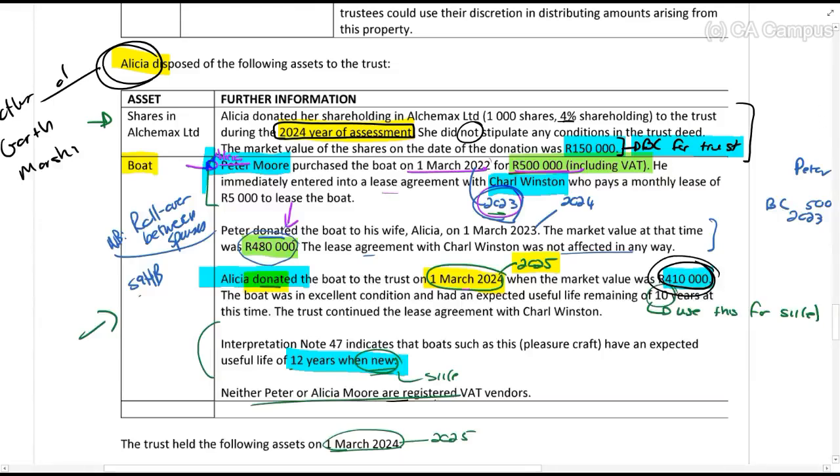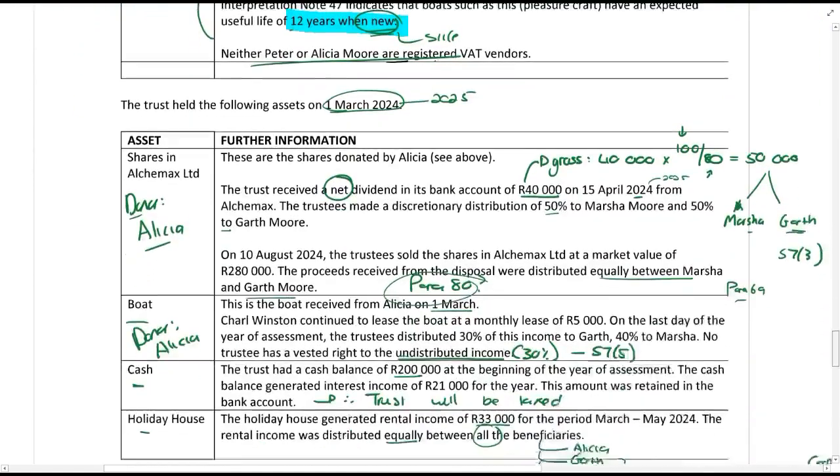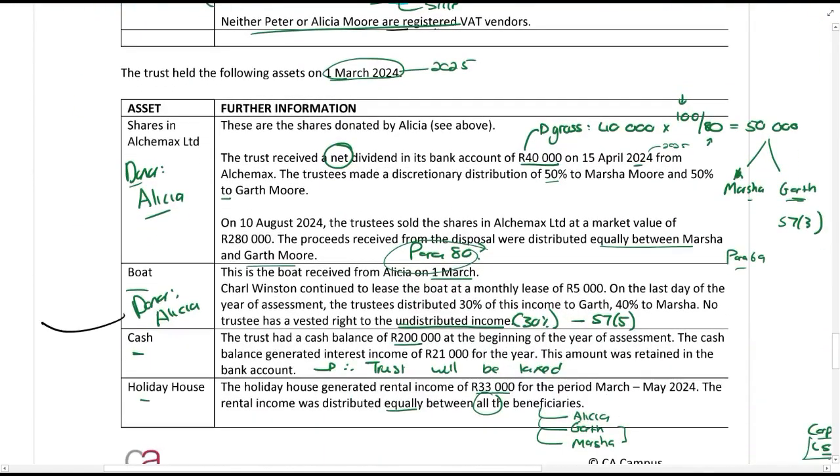Let's quickly go back. So that's not this disposal. Then they tell you, remember now, this boat now has a useful life of 10 years that we have to claim from there. So we're going to bring that into account. I'm just going to make a comment here. Remember section 11E. Okay.